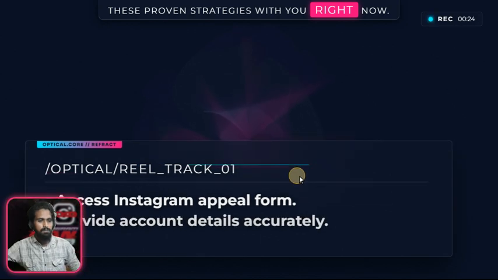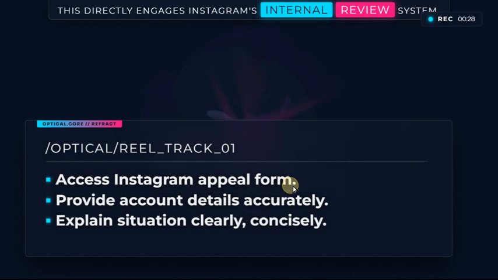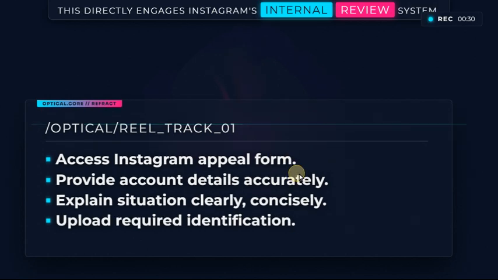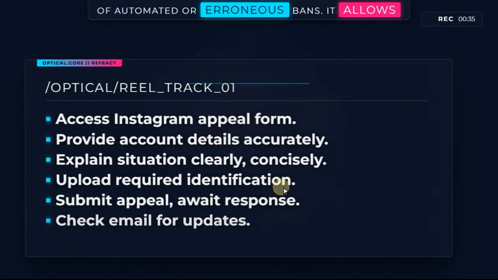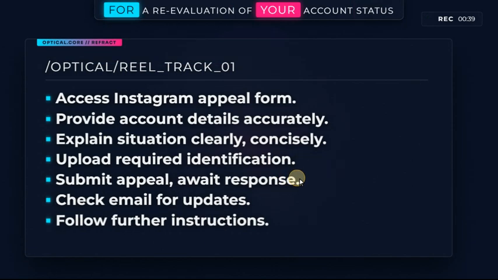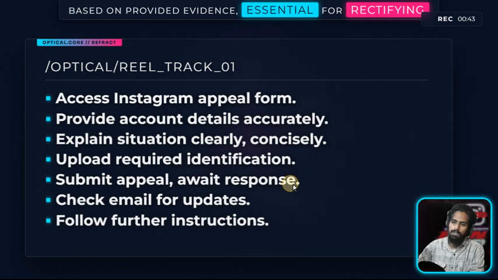First, the official appeal process is crucial. This directly engages Instagram's internal review system, providing a formal pathway for human review of automated or erroneous bans. It allows for a re-evaluation of your account status based on provided evidence, essential for rectifying mistaken identity or policy